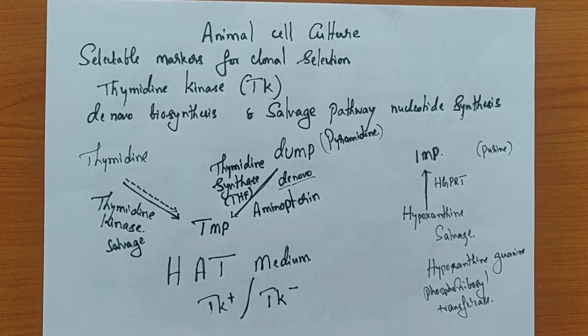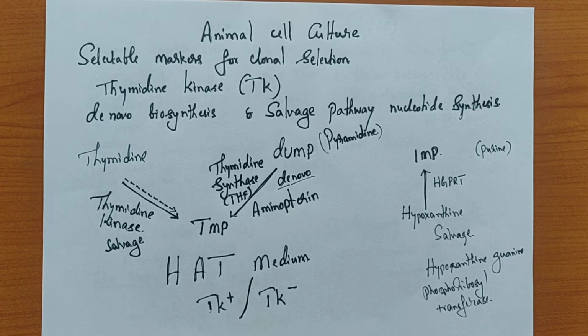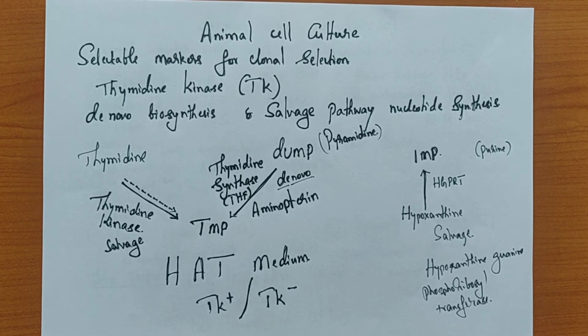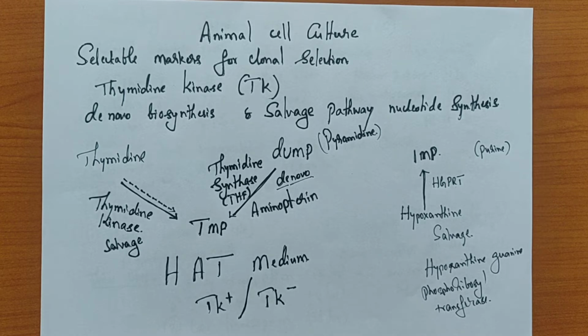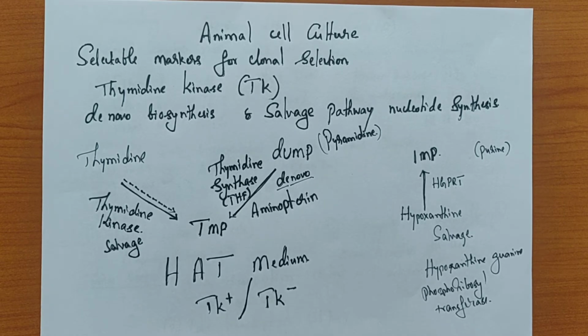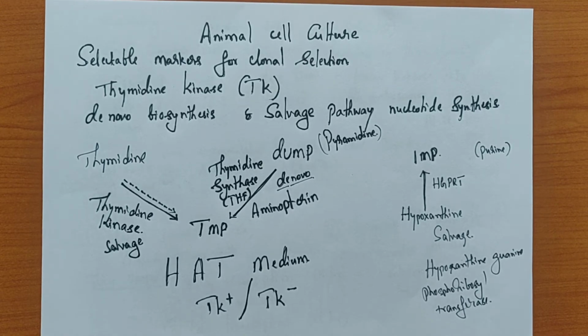So integration, as well as even the size of the DNA that you are going to integrate, is also very critical, basically because of what is known as dosage compensation. Probably you have studied that in genetics, in fact. So before we look into the vectors, we will first discuss how the clones in an animal cell are identified. So what is the selection?